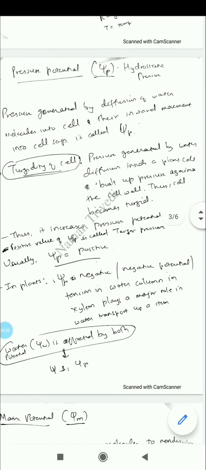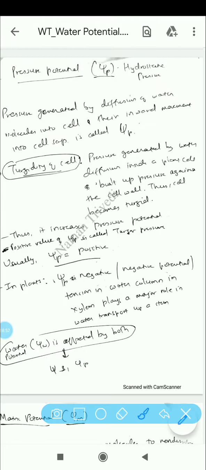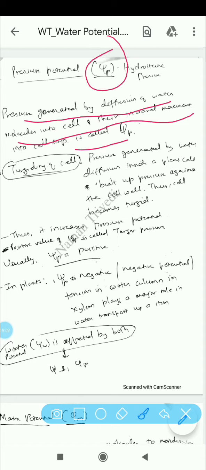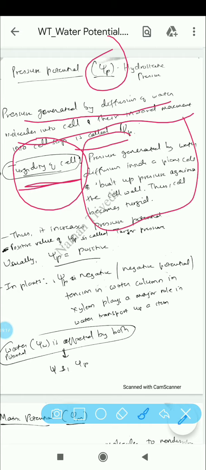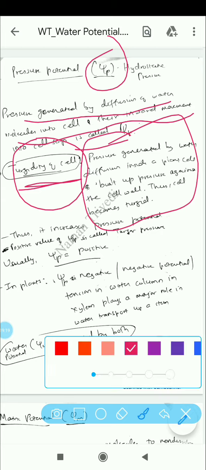Okay, so pressure is mainly generated by diffusion of water into the cell. That is, when water comes from outside to the inside in the cell sap or in the vacuole, it generates pressure potential, or psi p. Now this is very much related to turgidity of the cell. When water enters the plant cell by diffusion, it will build up the pressure